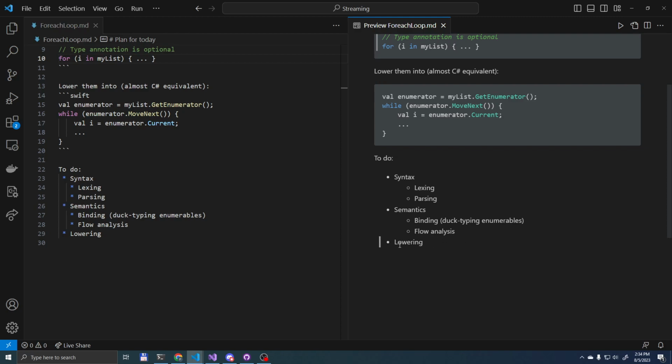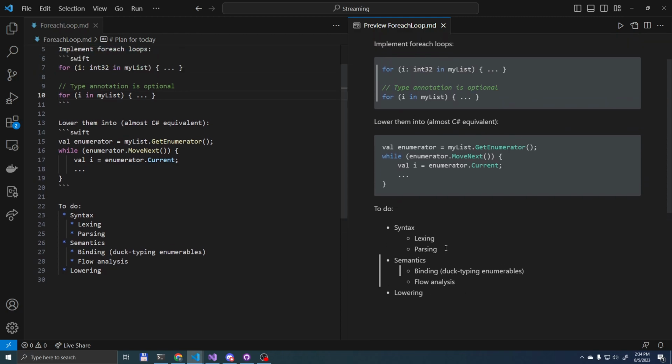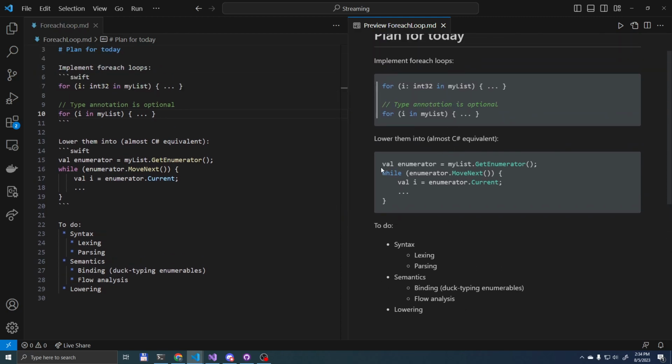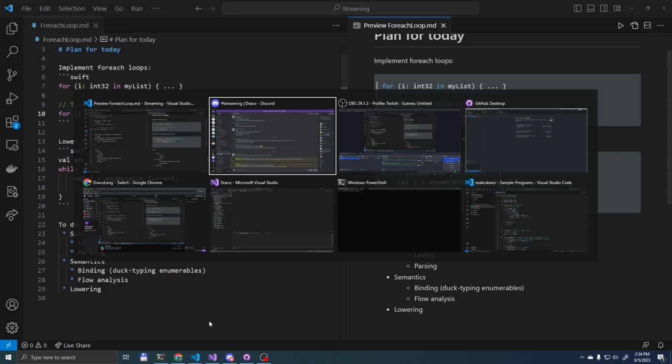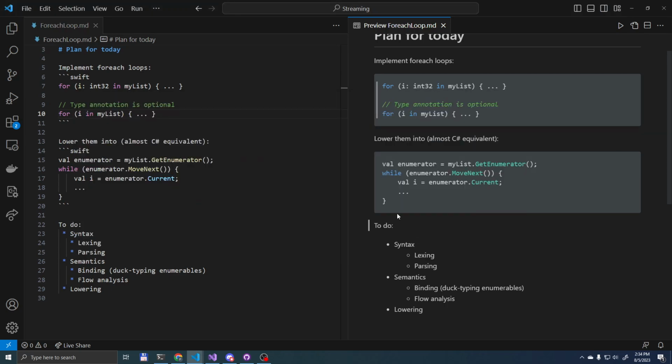And finally, we will lower the for loop into this while loop construct, so we don't have to implement code generation ourselves at all. Let's start this session by actually verifying that we are able to lower into this construct. Let's write a very simple enumerator. Now, we will essentially write a loop with this construct and try to print the numbers from 1 to